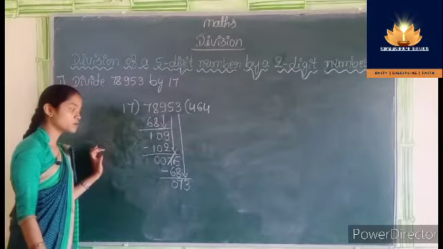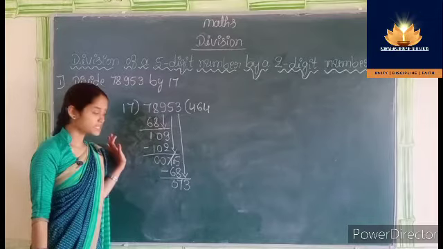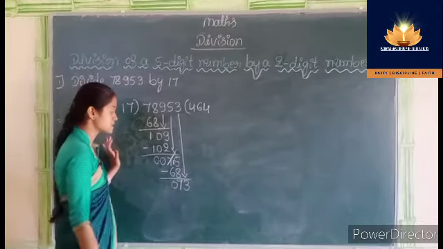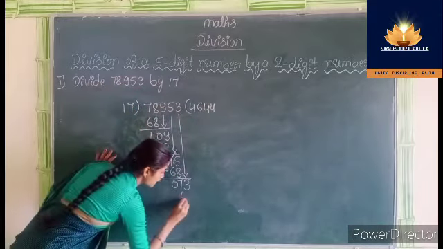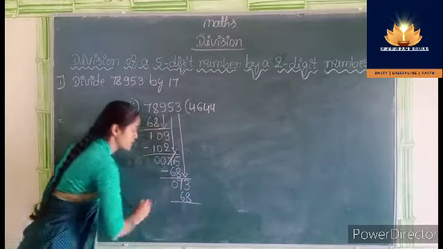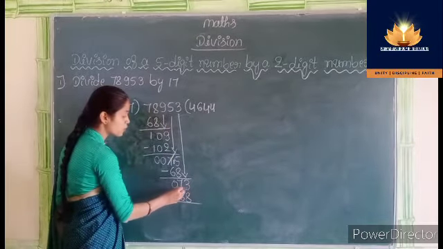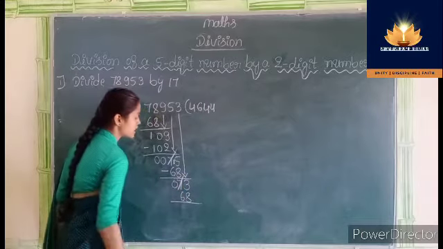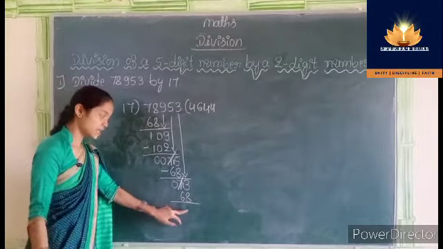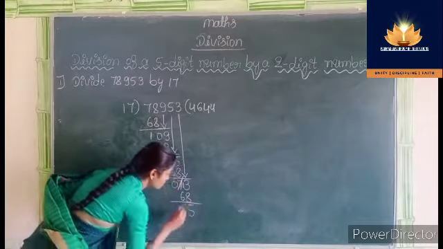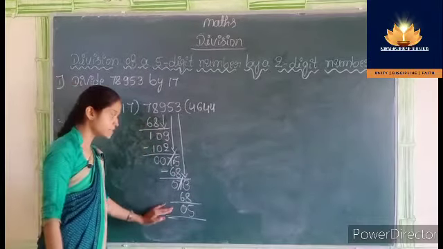Again 17 fours are 68, 17 fives are 85. We have to consider 17 fours are 68. 4 should be written in quotient place. Then write 68 below this 73. We cannot subtract 8 from this 3. That's why we have to borrow 1 from this 7 tens. Then here we have 13. 13 minus 8, that is 5. 6 minus 6, 0. So we get 5 as remainder